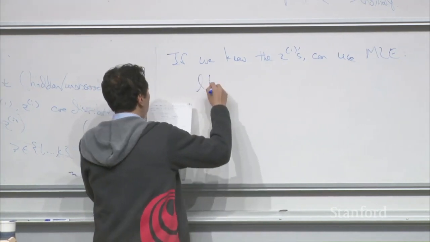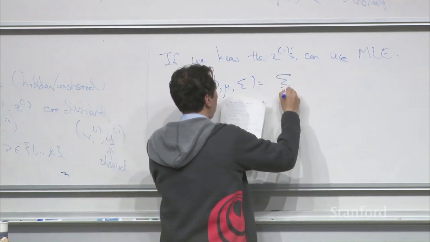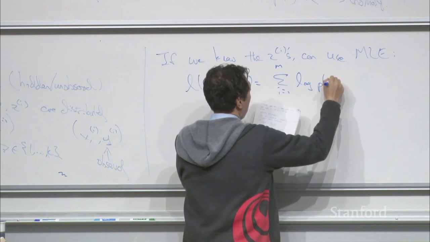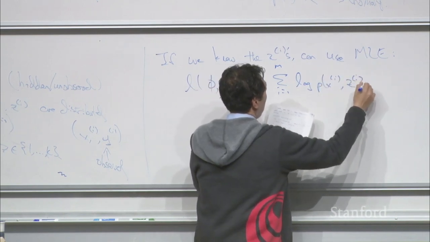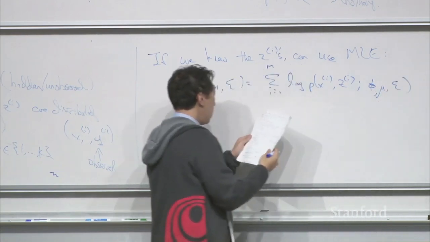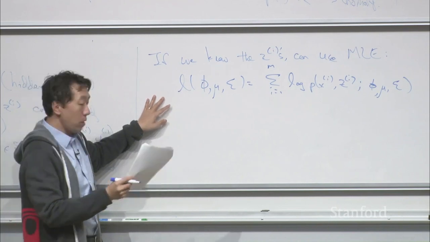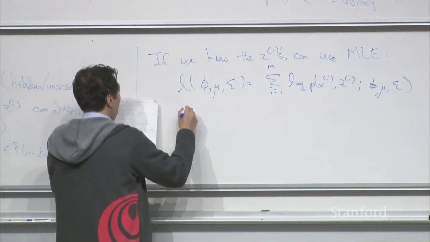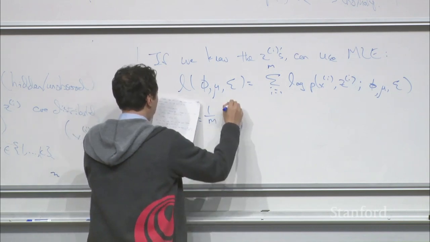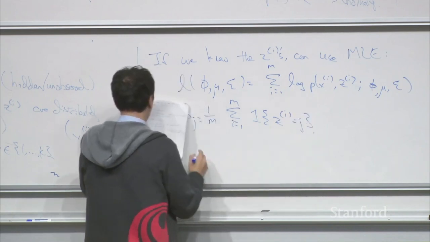So we would write the log likelihood of the parameters equals the sum of log p of x_i, z_i, given the parameters. And then you take the derivative, set the derivative equal to 0. I think you guys did this in problem set 1, right? And then you would find that phi_j is equal to 1 over m